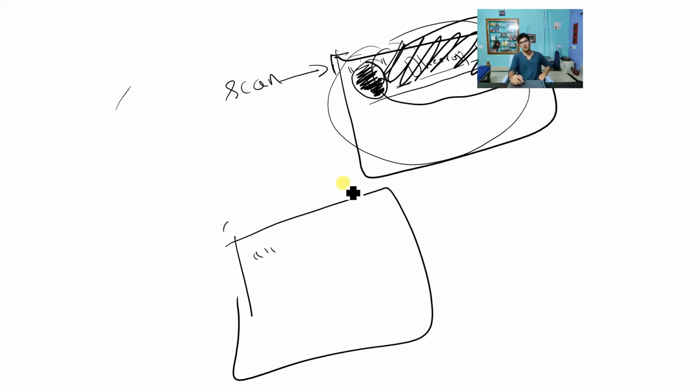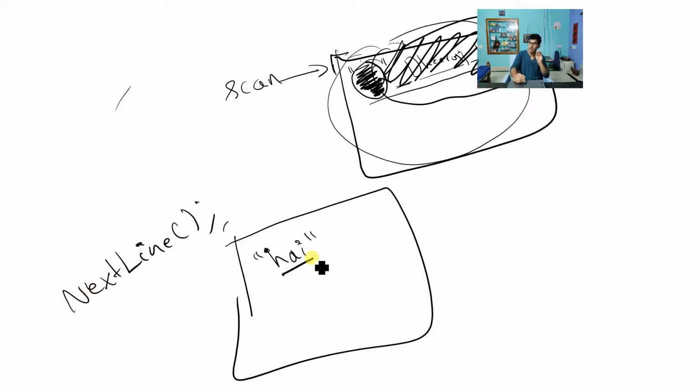Is it clear? But I want you to understand one thing. Imagine that there is a "hi" here, and you have used the next line method. When you use the next line method, I want you to understand that not only "hi" but the string is also removed. Which means if you use next line, what will happen? Don't think an empty string will be present. No, nothing will be present. Your next line will completely clear the buffer. If you tell next int, the buffer is not cleared, the empty string is still present. But if you use next line, your buffer is completely wiped. Okay, it's completely cleaned.